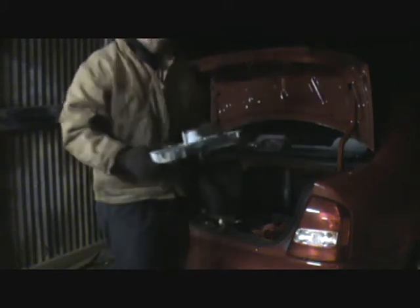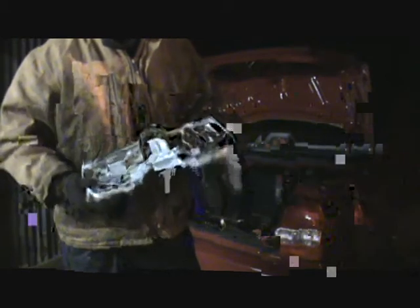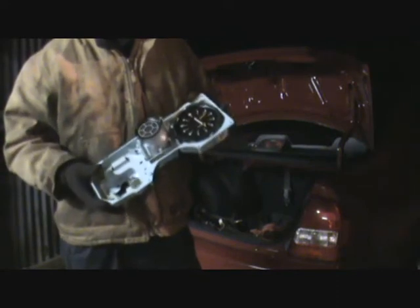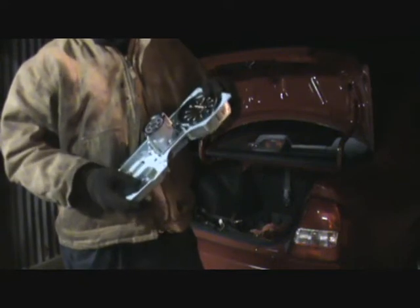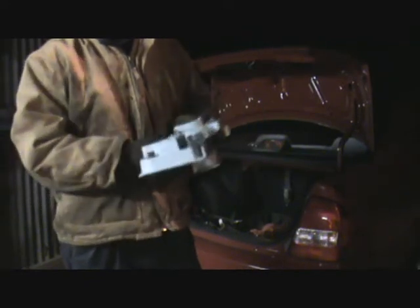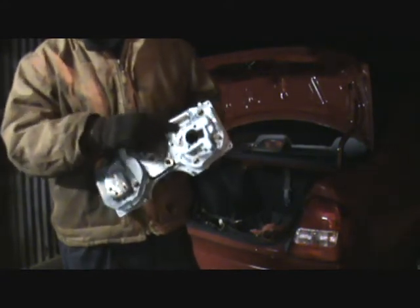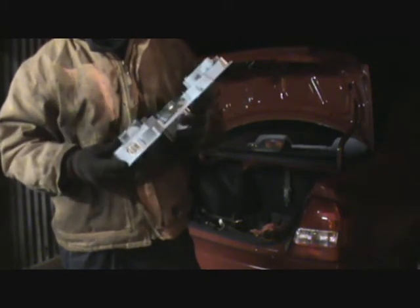And this is a gauge cluster off of a Grand Prix. There was only one Grand Prix in there. It was a couple of years older than that one. I think it was an 85, but these are the same regardless. And I took the speedometer out of this. I was hoping they wouldn't charge me for the whole thing because I didn't need the speedometer. And I actually didn't need the clock either, but I couldn't get to the bolts here, so I had to take it. But the main reason I bought this was for the back. It's got this printed circuit, and it's got these little contacts here. That's where all your power comes in to run your lights and that stuff. Well, that's really all it does run is your lights. It's got warning lights, but